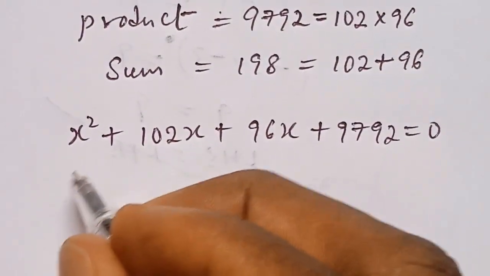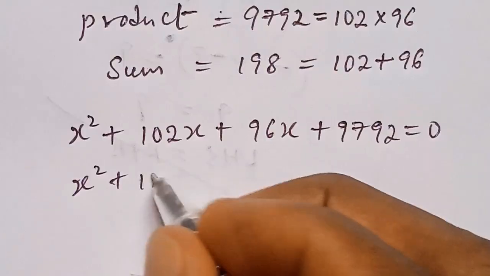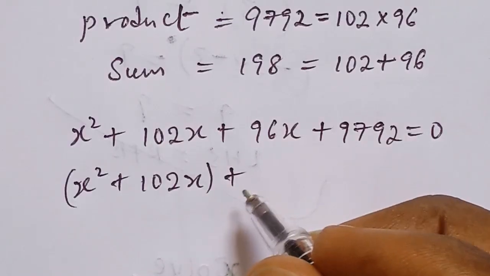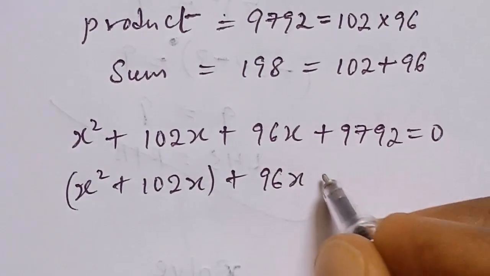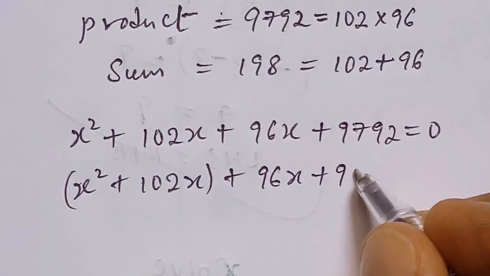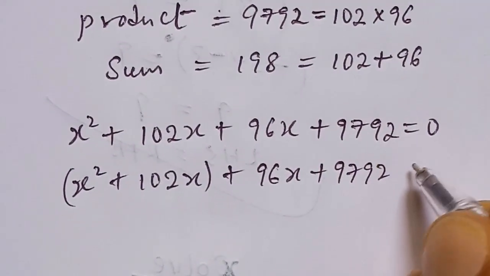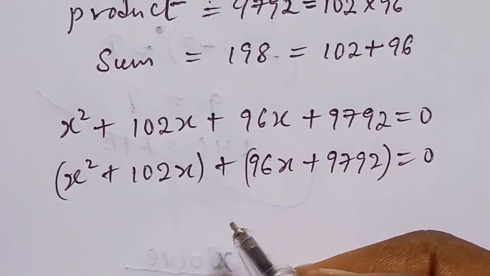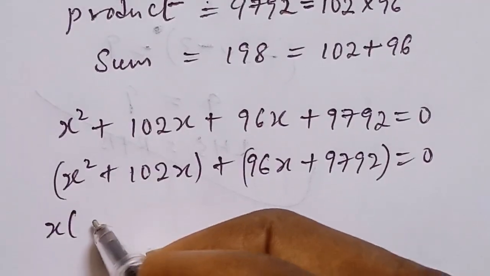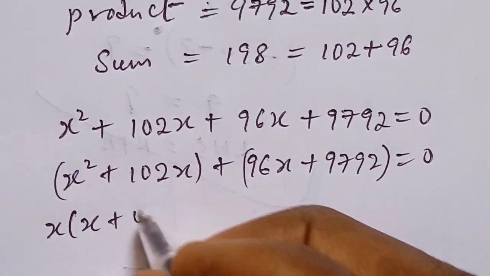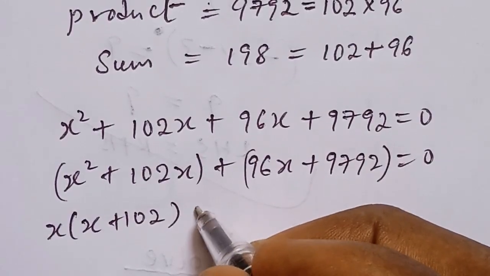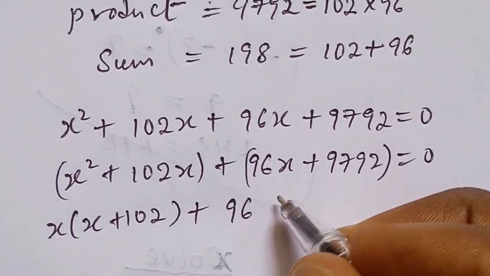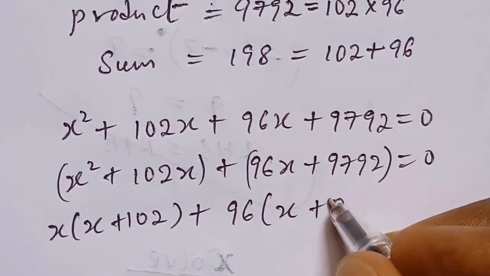So now we have this to be x squared plus 102x into brackets plus 96x plus 9792 into bracket equal to 0. Now we factor out x over here. x into bracket x plus 102, plus over here we have 96 factor out into bracket x plus 102